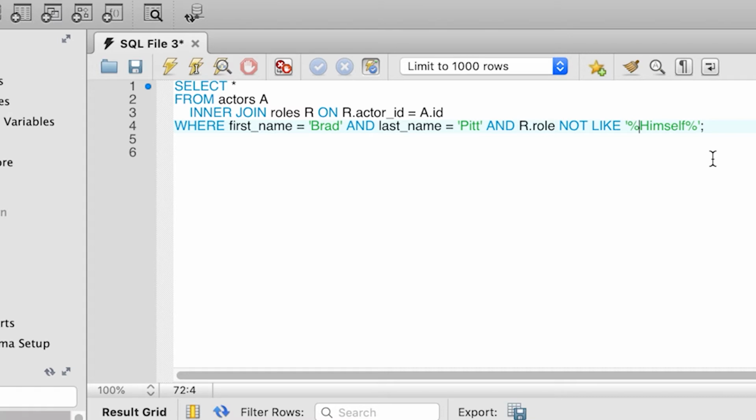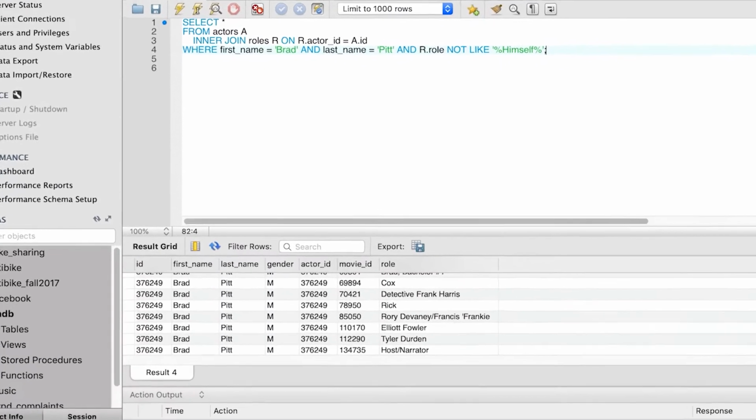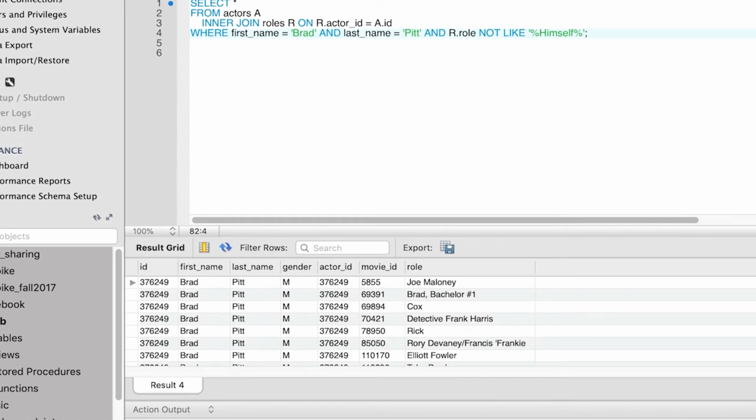In that case, we have not like. We have studied like before. Not like says, if it matches this pattern, don't return it back. So pretty easy, like, not like. Notice now that we don't get back any roles where the string himself appears anywhere in the role. And in that case, we have avoided getting back the roles that we don't need.